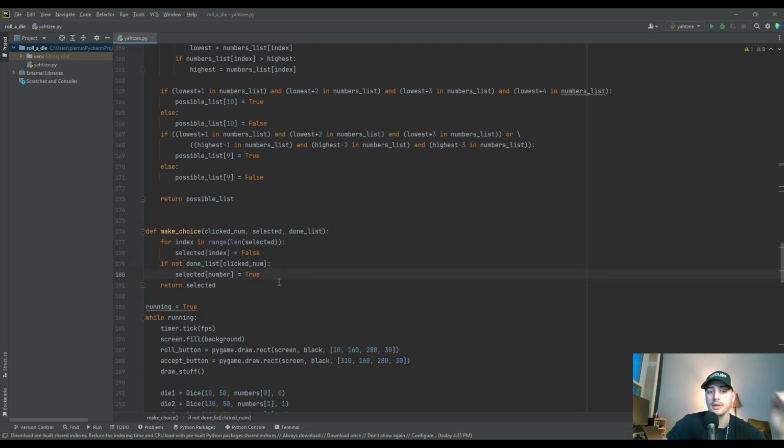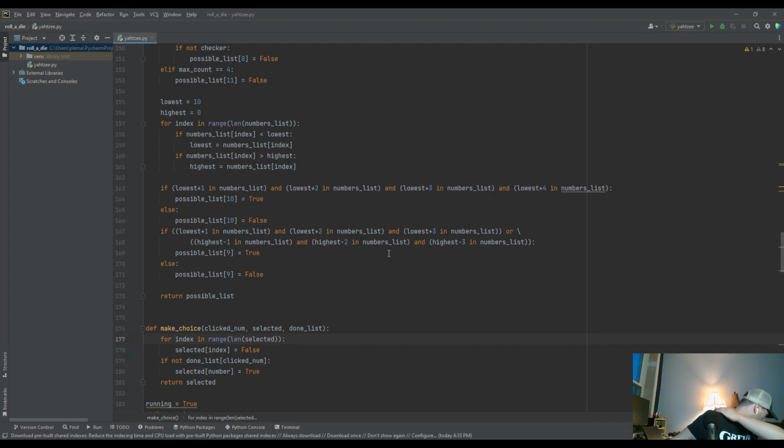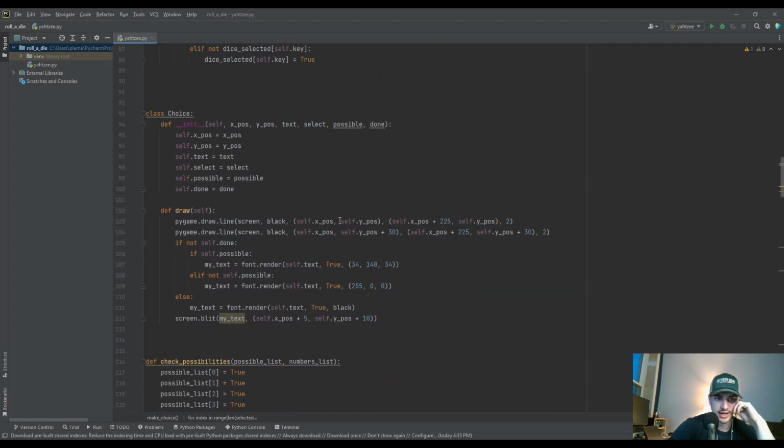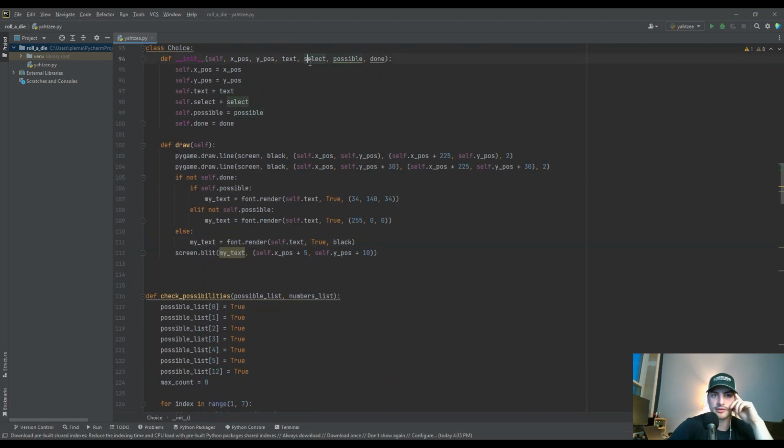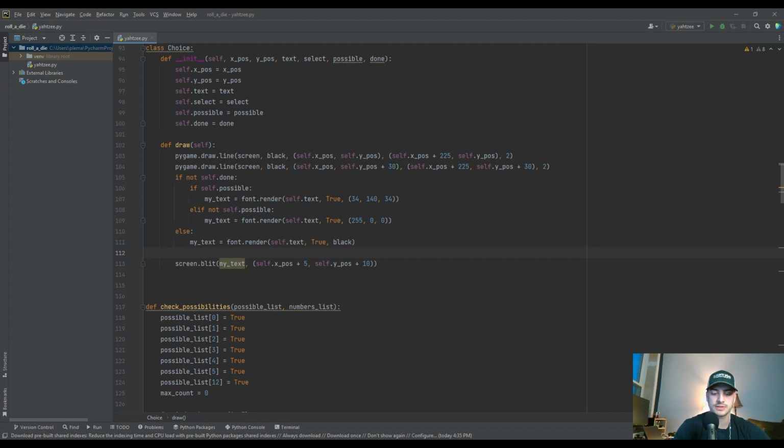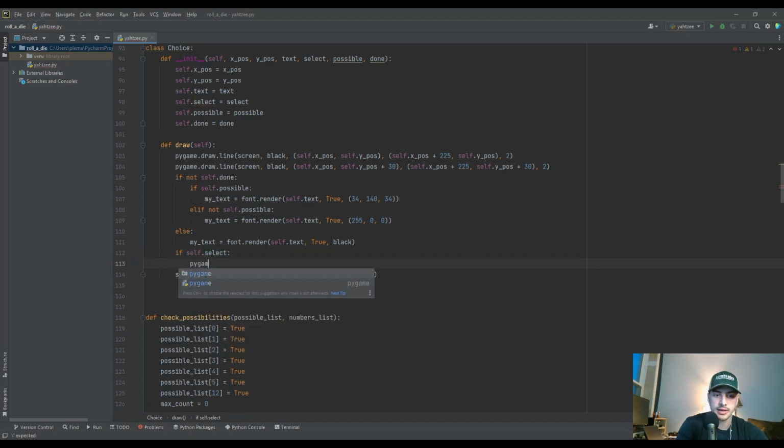There you go. But if you think back to what we're actually doing in the choice class, we're not doing anything with whether or not it's selected yet. So let's go ahead and get that added into the choice because that's pretty important. All right, so we're going to find our choice class and go into the drawing area. We already have whether or not selected in this self.select, but you can see we're not calling it anywhere in the draw function. So we'll go down below the name text and we will say if self.select, and if it's true, then let's go ahead and do